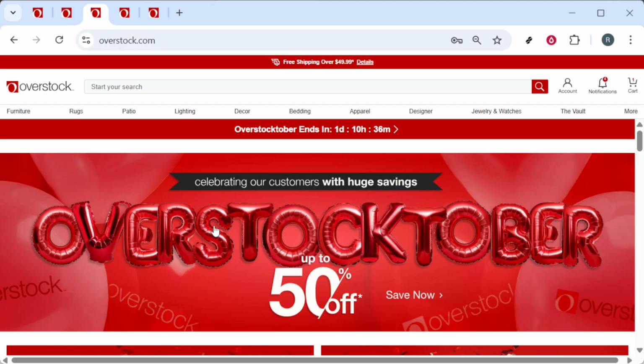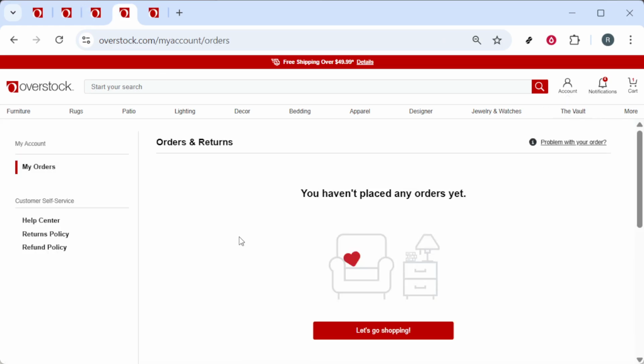After signing in, return to the account area at the top right. From there, select Orders and Returns. This is the hub for everything related to your recent purchases. You'll land on your order history, where you can see a list of your orders with the most recent ones at the top. Each entry typically shows the order date, the items, and the current status, such as processing, shipped,